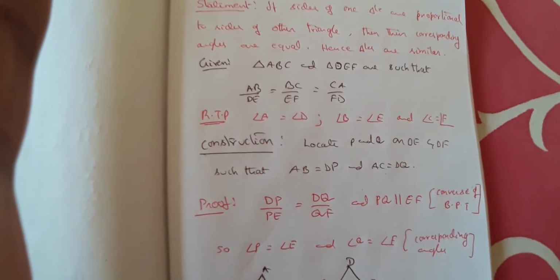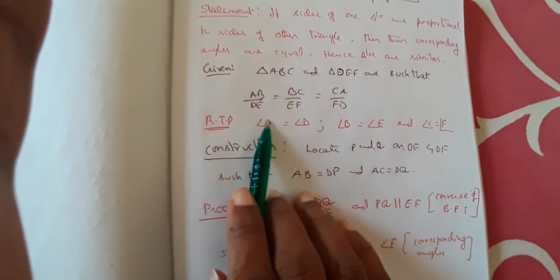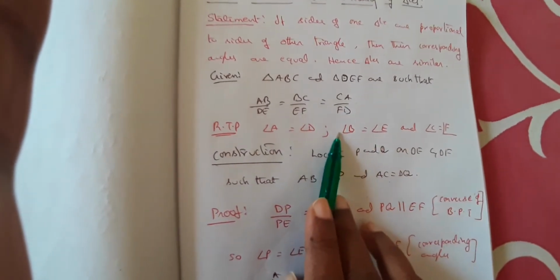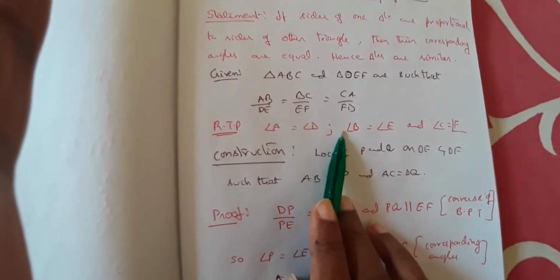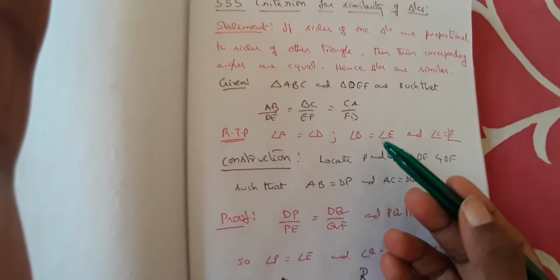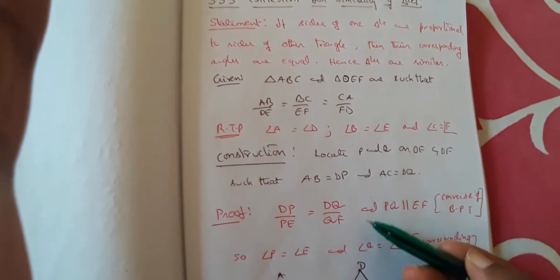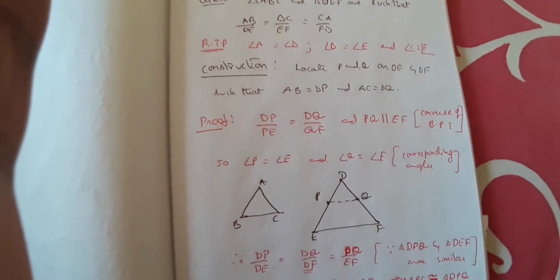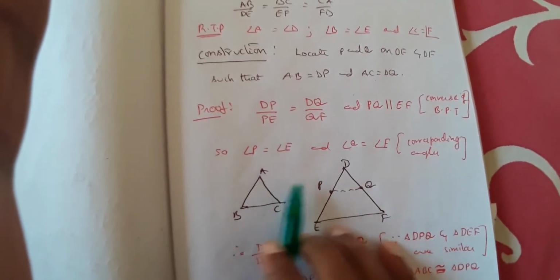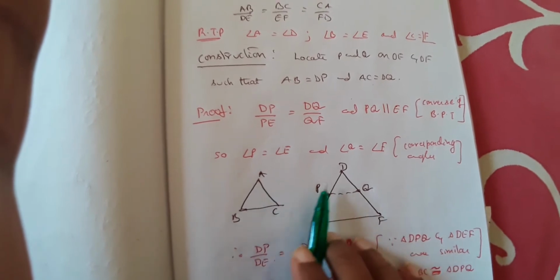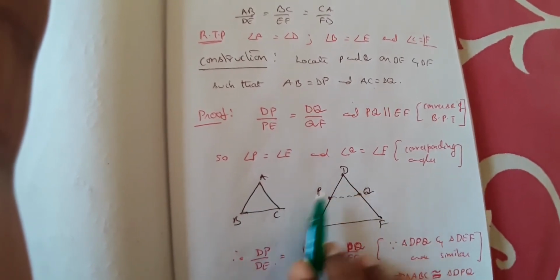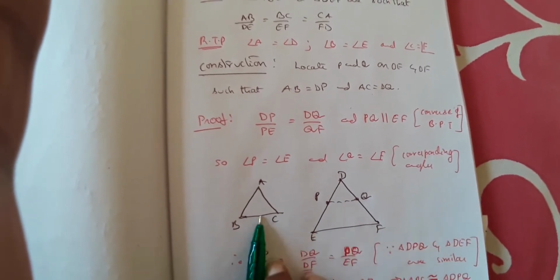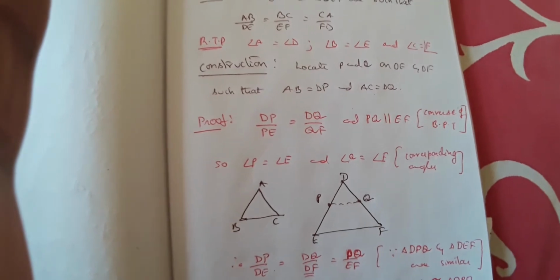So required to prove. Here the only difference is, in the previous case this is given and we proved this. Now in this case this is given, we have to prove this. So similar lines, don't get confused. They will be on similar lines. The only thing is that you have to be very careful as you are writing the conclusions. The diagram also will be the same here, but we are not mentioning angles here because we need to prove that angle A is equal to D, angle B is equal to E, angle C is equal to F. We can't just draw that they are equal angles in the diagram.